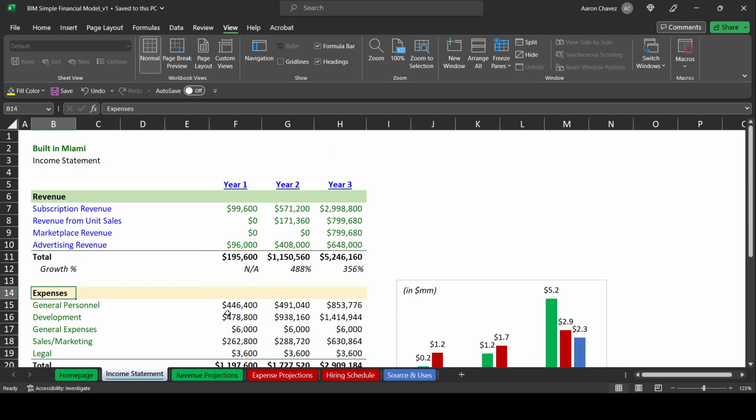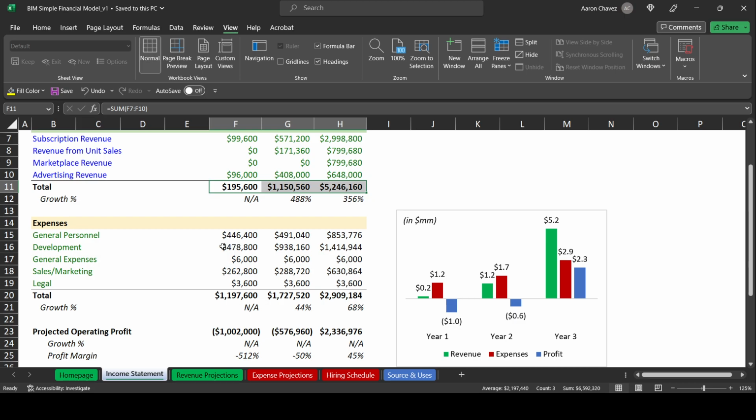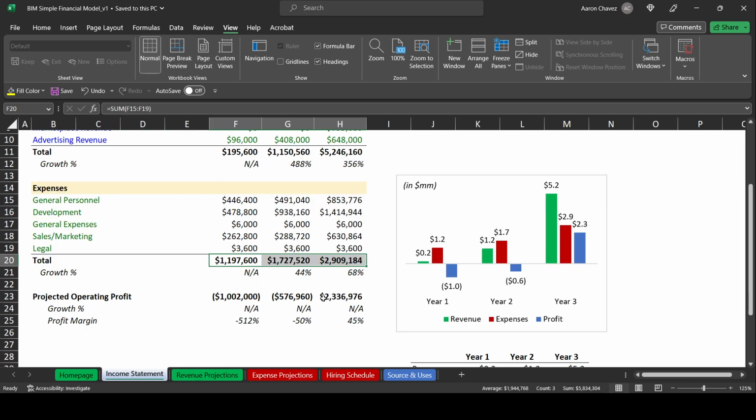So as you can see from the basic income statement that we have here, the goal is to not only understand what is the split of the revenue that we've generated, what is the growth of the revenue that we're generating, what's the split of the expenses that we intend to spend, and then of course what's the total, and the difference between the two, so we can get a sense of how profitable the business is. As you can see here, this is a perfect business validation point of focus,